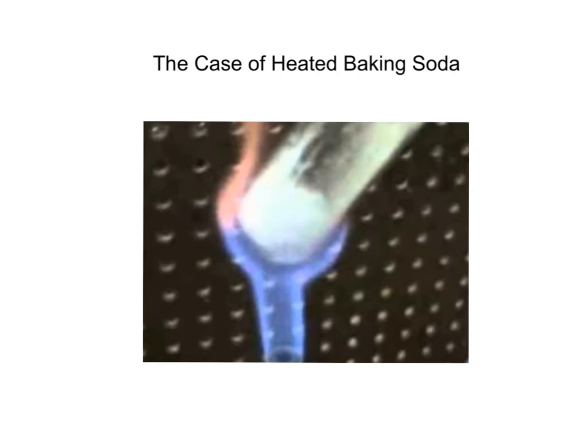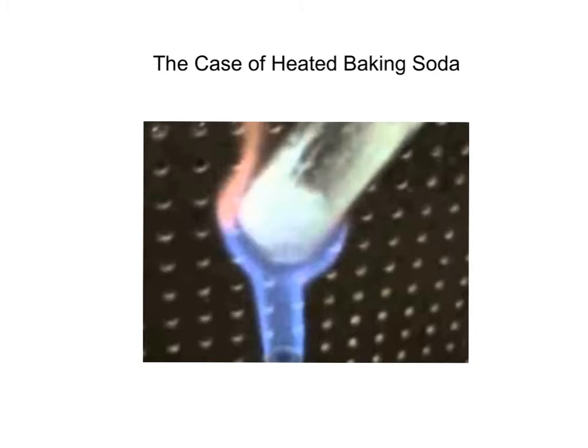In this lab, we're going to heat baking soda, and the question before the class is: is this a chemical change or a physical change? Sometimes you get both chemical and physical changes, but it's one of those three things. Either it's a physical change, a chemical change, or both are occurring at the same time. So how are you going to figure this out? Well, no matter what, there are certain things you have to look for.